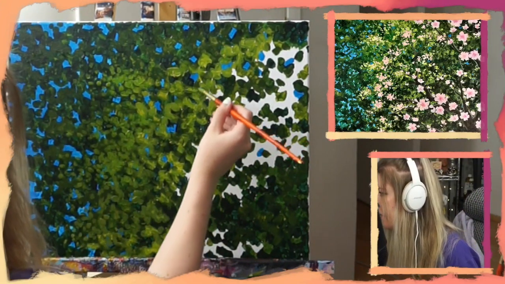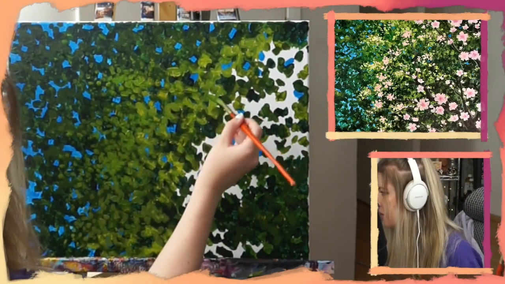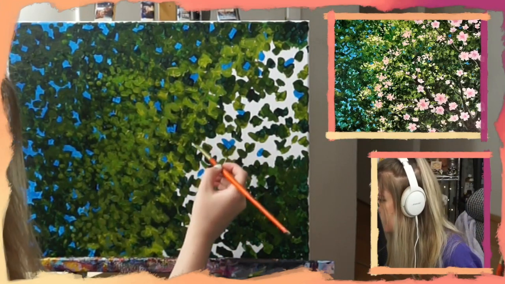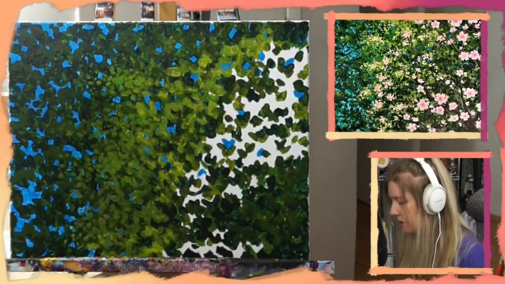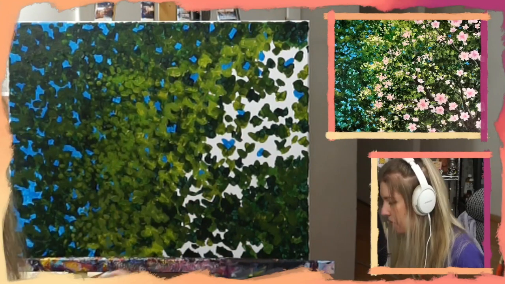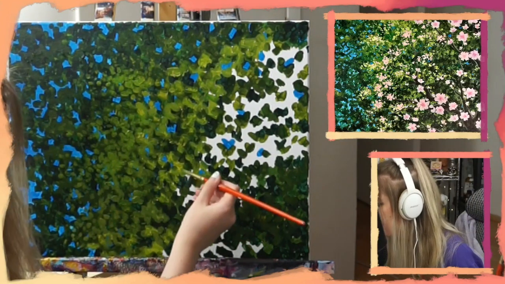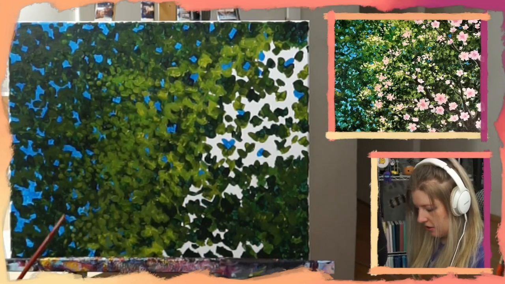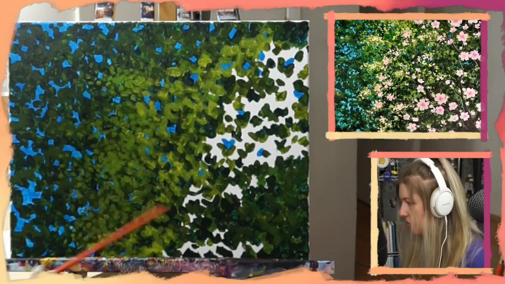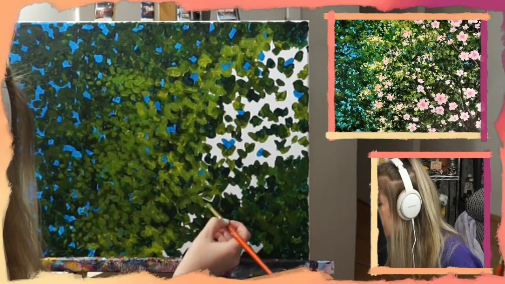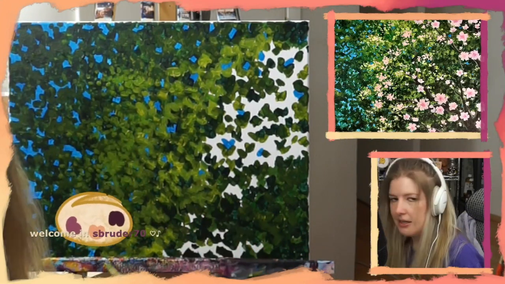So if we haven't caught on, the goal with the greens is to cover up the whole canvas. That's why I'm concentrating so much on this first green, or this first light green shade, to cover up a lot of our canvas. Again, maybe if we have a little bit remaining, that's fine. But for our final green shade, which is coming up next, I want us to have fun with it. I don't want us to worry about using our last green shade to cover up spaces that are remaining, because that light green shade,